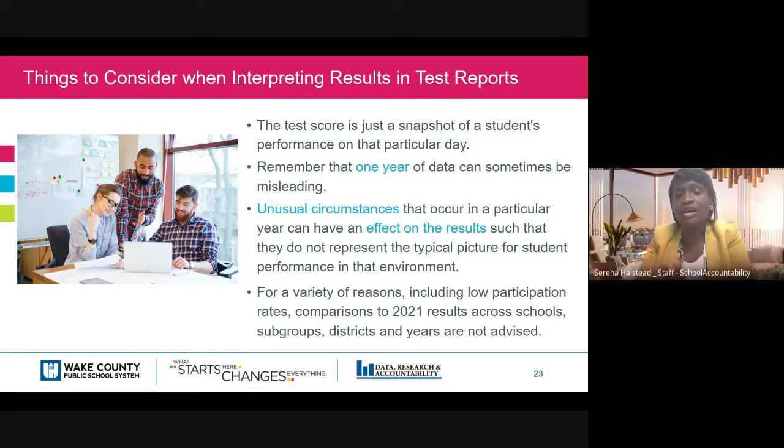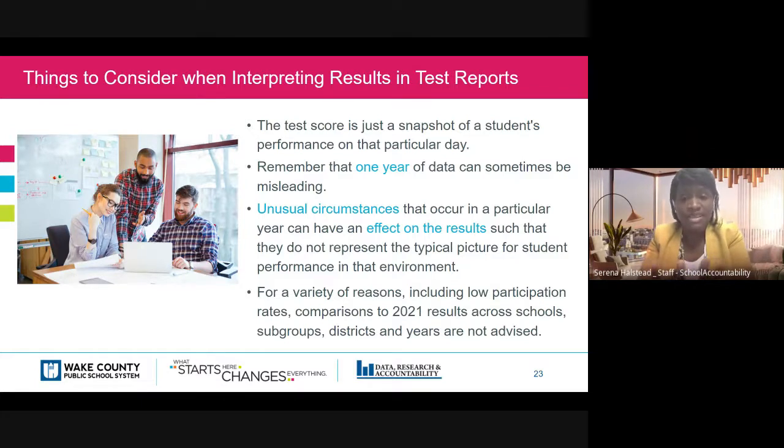And then also unusual circumstances, we think about the pandemic. Students are just getting back into school. Some of them are still not finding their place back in school since we're now going back in person. So when you're looking at these reports, looking at the results, remember, it's all about focusing on the academic instruction part of it and to see how are we doing since coming back into the building, and especially with our tests being